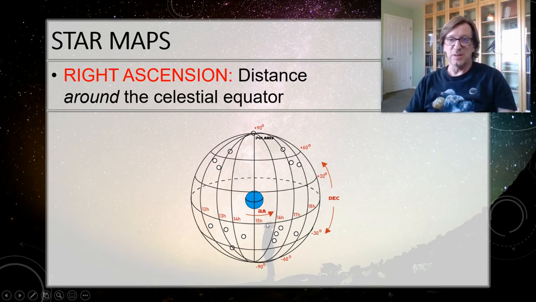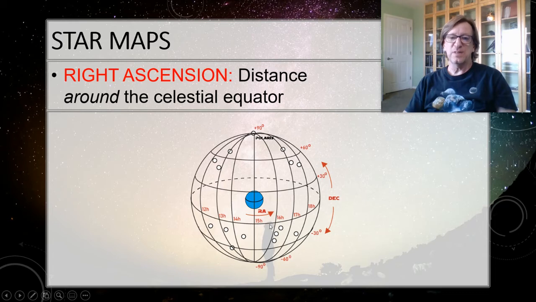But I mean, you would think that he would just choose degrees, and that might have been a better way. But time was something that he had available. He could actually log that time with that. So when we're talking about time here, we're not talking about clock time. We're talking about right ascension, distance.